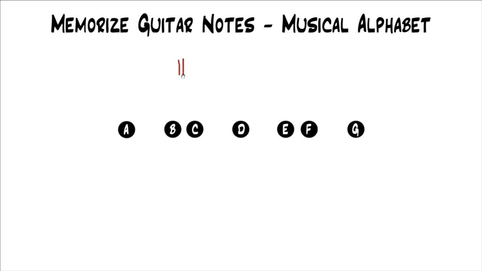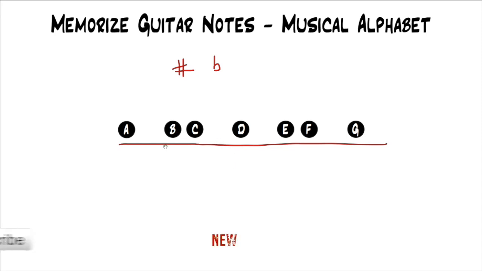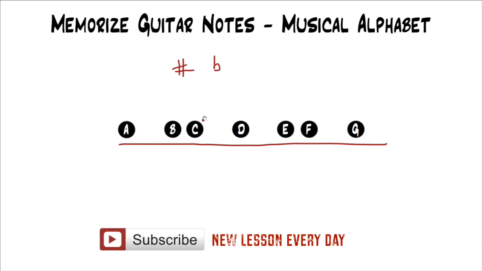And a sharp looks like this, and a flat looks like this. So you have 7 natural notes, which are just A, B, C, D, E, F, G, so just the alphabet to G, and then it starts over. But then in between most of these notes, you have a sharp and a flat. The only places that don't get sharps or flats are between the B and the C, and the E and